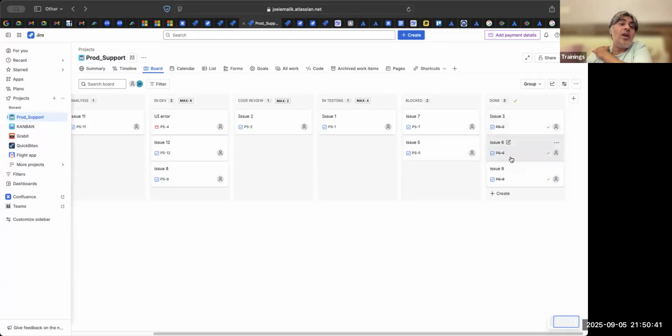This is what you call throughput. Throughput is the number of tickets done in a particular duration. So let us say I have a weekly cycle of delivery. So every week I am monitoring how many tickets the team is getting through, how many tickets are in a complete or done status after every week. This is my throughput. My throughput is important.